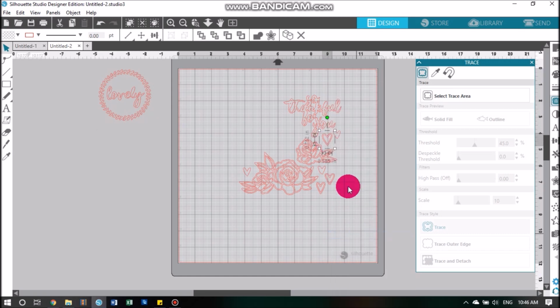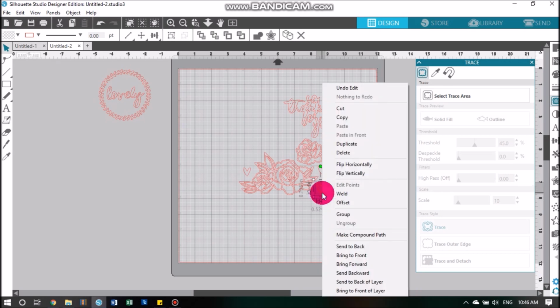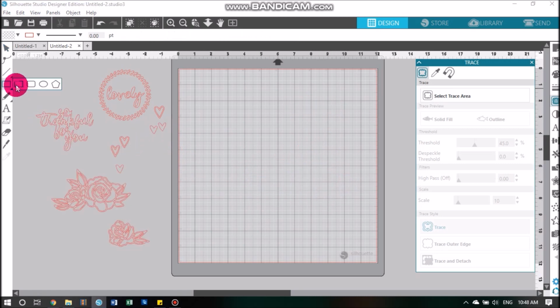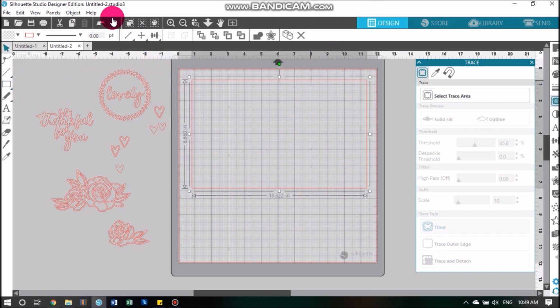So firstly, selecting the whole file and removing compound path makes all of the pieces individual pieces. So then you have to piece back together the words or the flowers and make them a compound path again so that they cut correctly. So I've done that because I'm not going to use all of the bits and pieces, and I've popped those